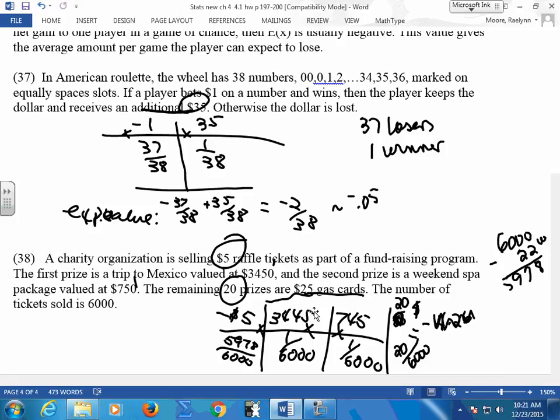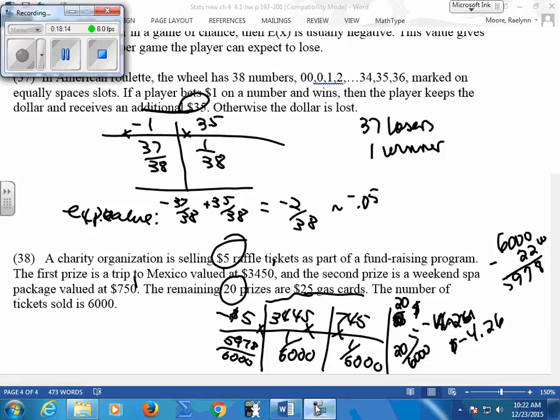So what did we say? So you still almost lost the same thing because it wasn't enough. It's over 6,000, so it's really not enough to make a difference. So approximately you lost $4.26 per ticket. Expected gains, when you do something like that, really doesn't net you anything because